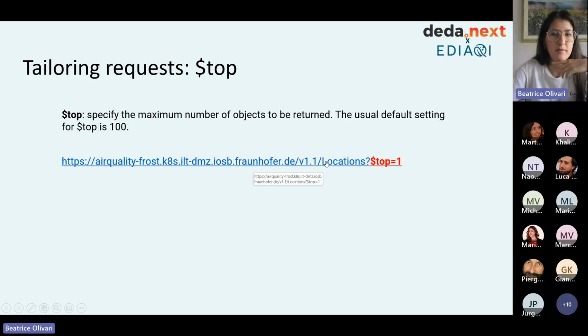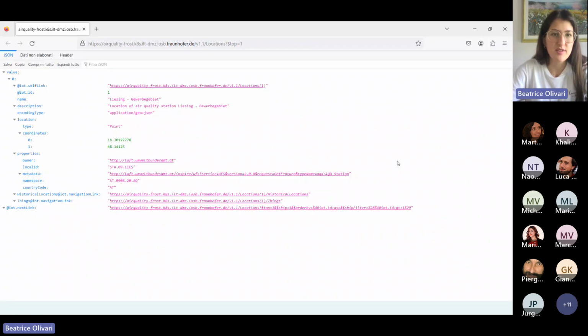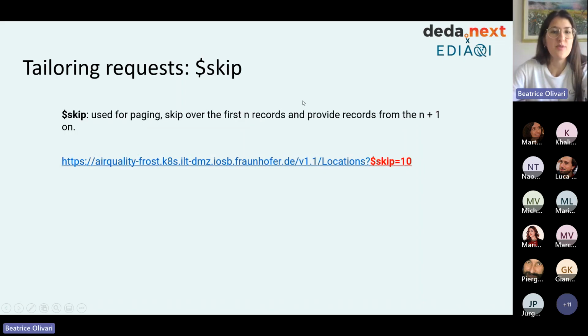In my example of before, if we are looking at the list of locations, we can just put top 1 and we will get the number 1 location. This is exactly what happened before when I filtered on number 1. Then we have skip, which is for paging. If we put skip equal 10, we will get the elements from the 11th, so n+1, and on.